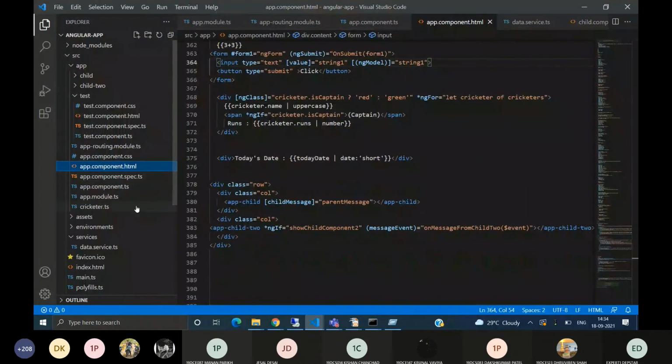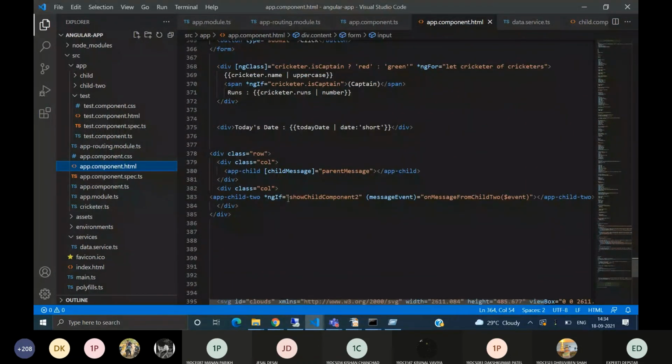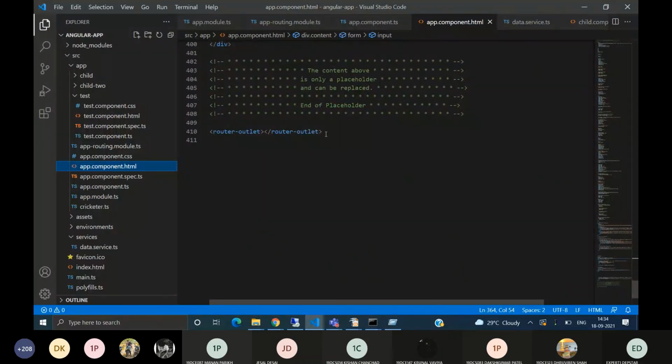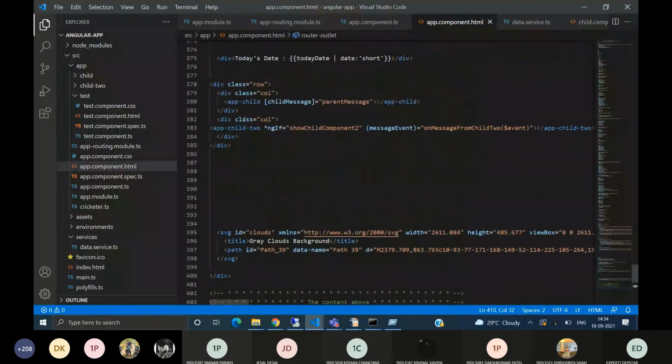So all the routing comes from the router outlet. Here you can see a router outlet template. This HTML tag is the same as a child component tag. When we give the child component tag, the child will load.